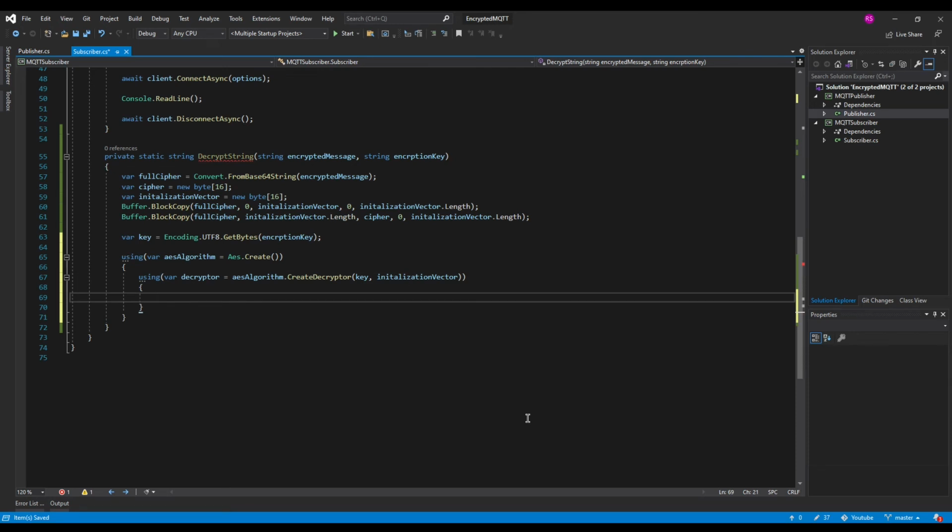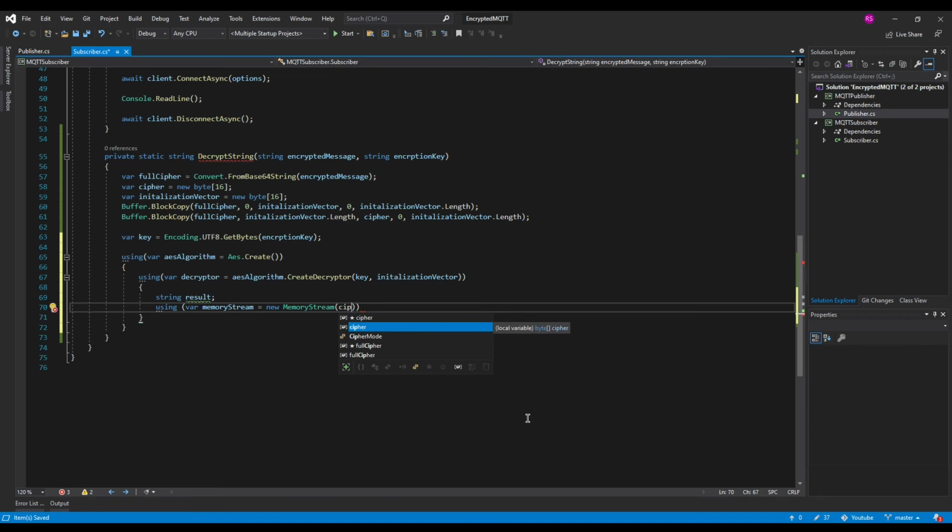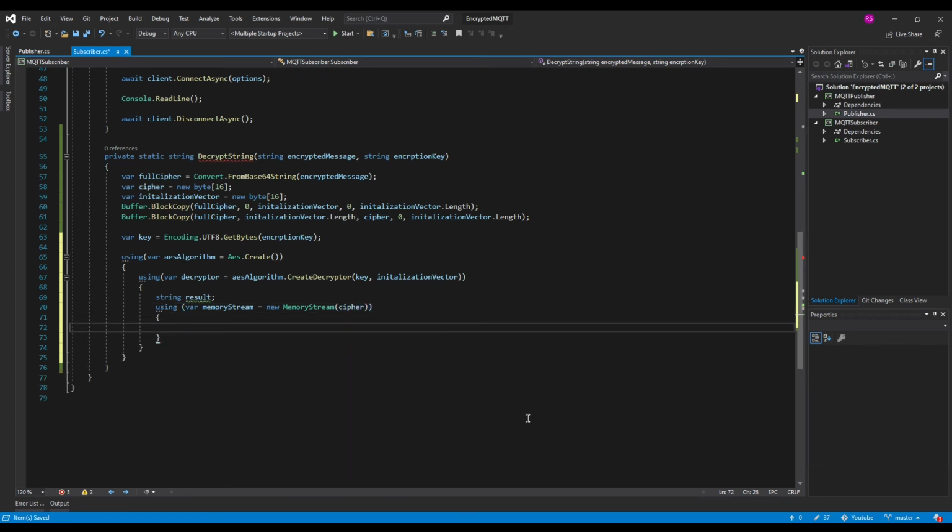Once we have created the decryptor, we will create a placeholder in the form of a result string, which will not have anything as of now. Then we will create a memory stream. In the constructor of memory stream, we will provide the instance of cipher. Post that, we will create an instance of the crypto stream.